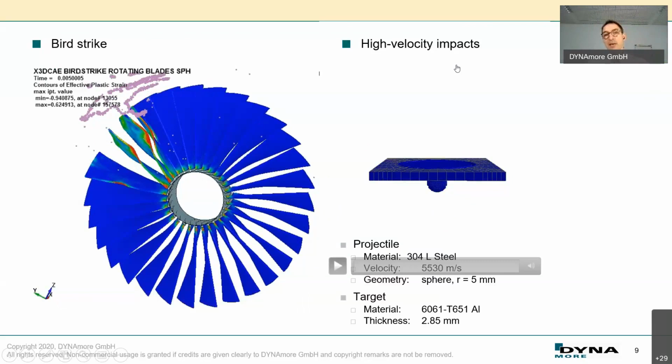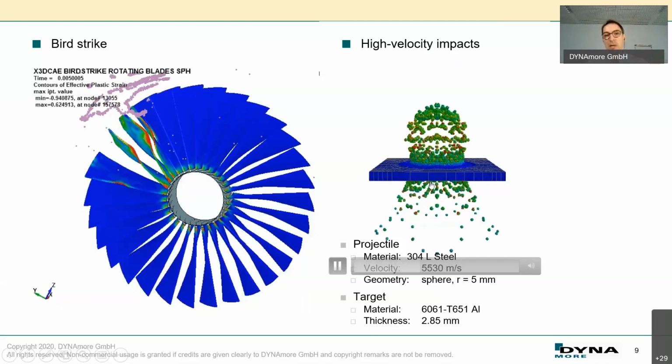Or another example here, high velocity impacts. Here you can also see we have a coupling between SPH and finite elements. This structure here is modeled by finite elements, and inside of this one you find SPH elements. These are coupled by tie contacts. You have here some projectile modeled as SPH. It's impacting, and then we get